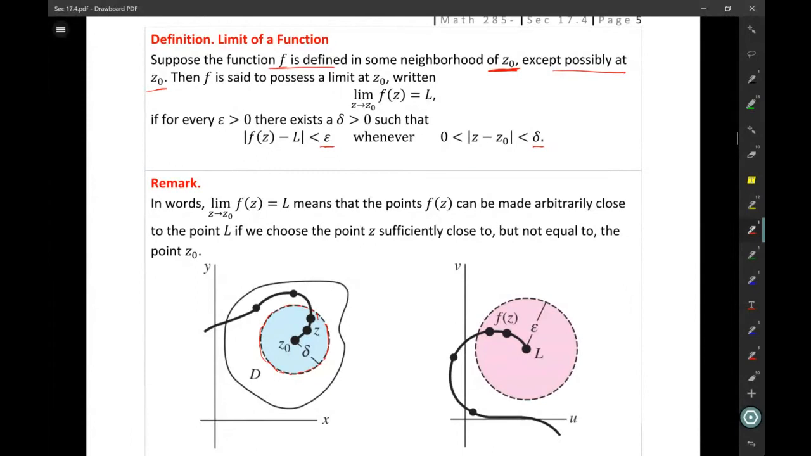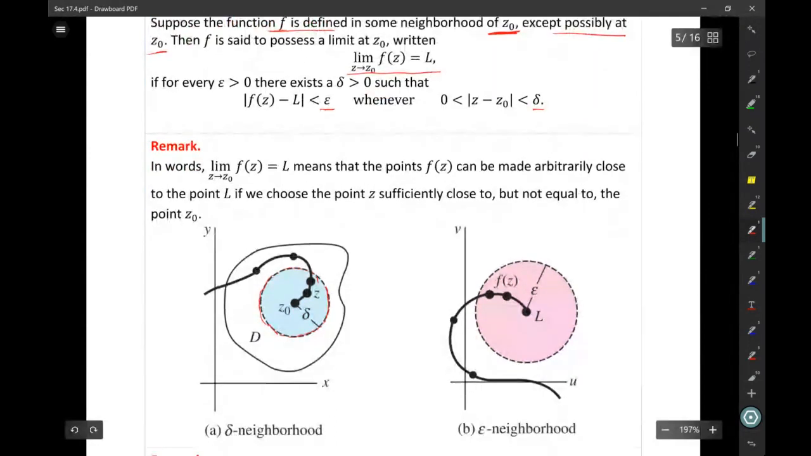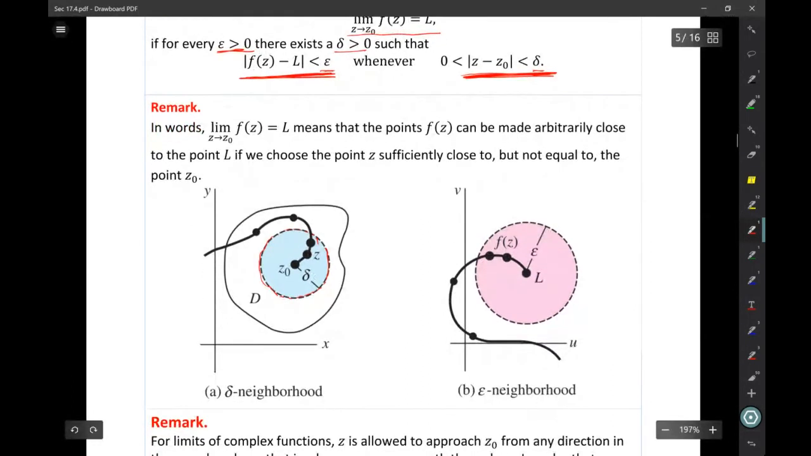الآن, we said that the limit of the function f of z is equal to L when z approaches z naught if for every epsilon أكبر من 0 there is delta greater than 0, such that the absolute value of f of z minus L is less than epsilon, whenever the absolute value of z minus z naught is less than delta. What does this mean here in math? It means that